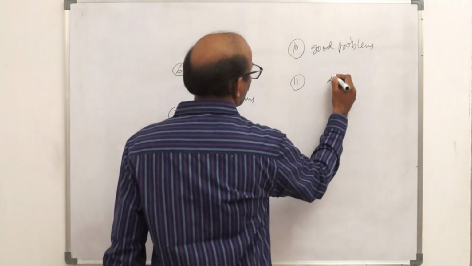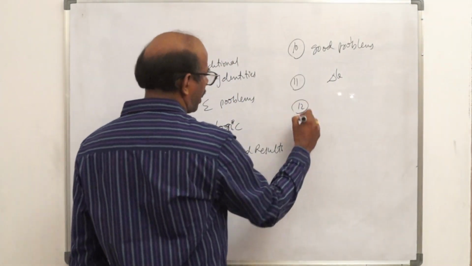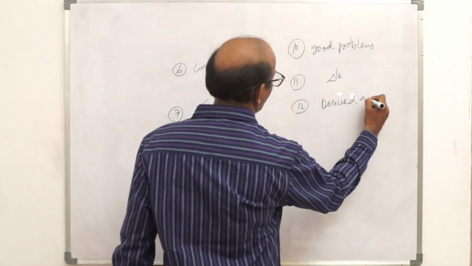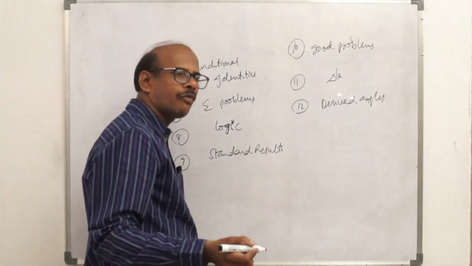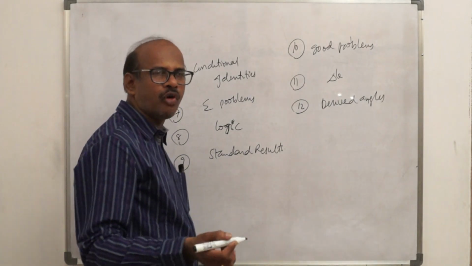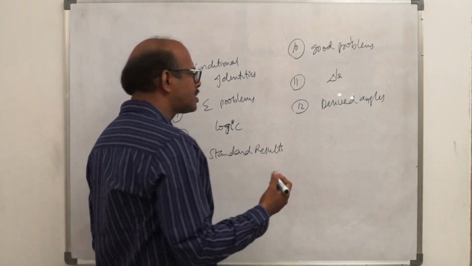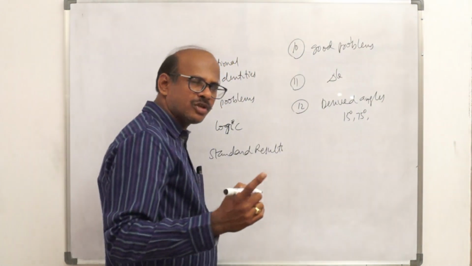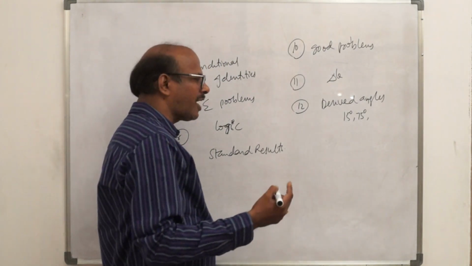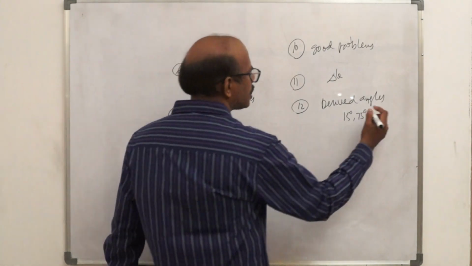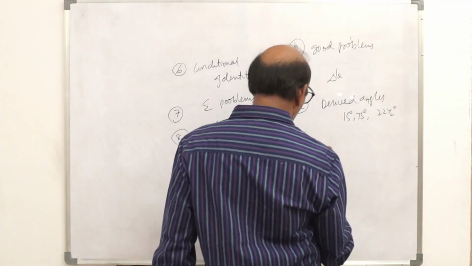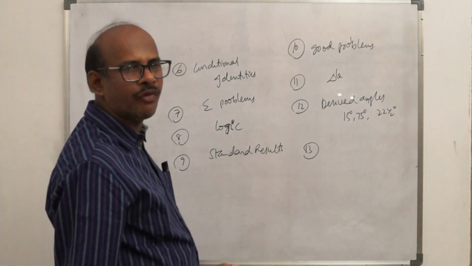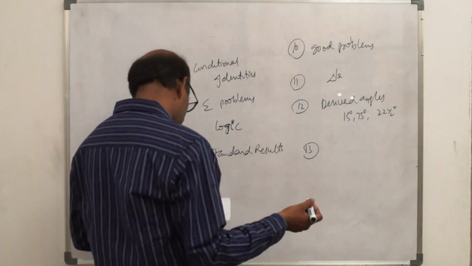Now, triangle. Based on triangle, many more conditions link with compound angle. Next, derived angles. Not like 18, 7.5, 22.5 and 36, 54, 72, but it will be like 15 and 75. 15 is 45 minus 30, a compound angle. 75 is 45 plus 30, a compound angle. 22.5 degrees will be calculated, so it is a derived angle, not a standard angle like 0, 30, 45, 60, 90, 180. Derived angles concept. Next.